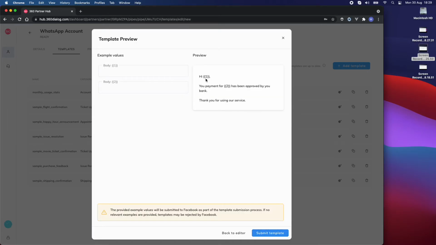Okay, this is what it's going to look like. That looks fine to me, but we want to put in some examples here, some example values. This will not be sent. This is only to help Facebook approve your template. So let's put in John here, and let's put in $12. Could have put anything in there. Then we press the submit button,